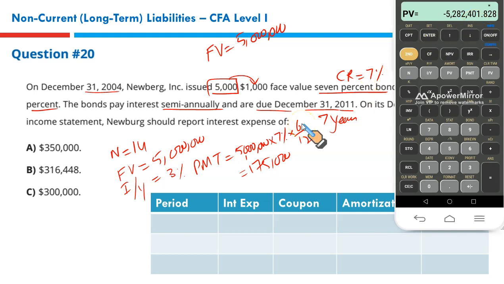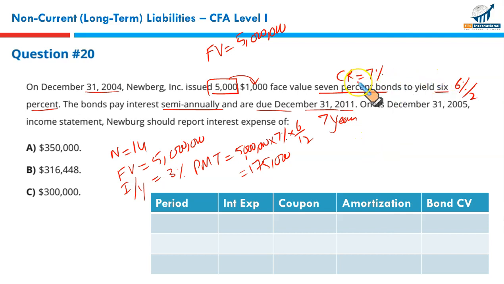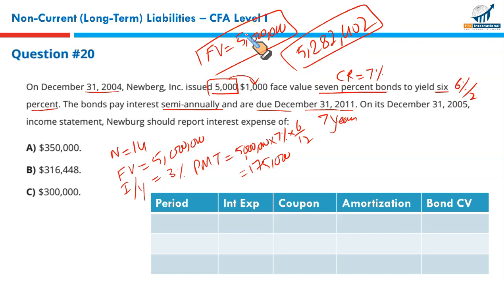This is the present value, and this I will use to populate my data here in the amortization. So basically, it's not discount, sorry, I just said discount. Since your offered rate is 7%, the market rate is 6%. Look at what has happened. This is the face value of the bond, and look at what you are receiving right now, 5282402. You have received more than the par value of the bond, more than the face value of the bond. Why? Because your rate 7% is higher than the market rate 6%. So that's the point to remember.